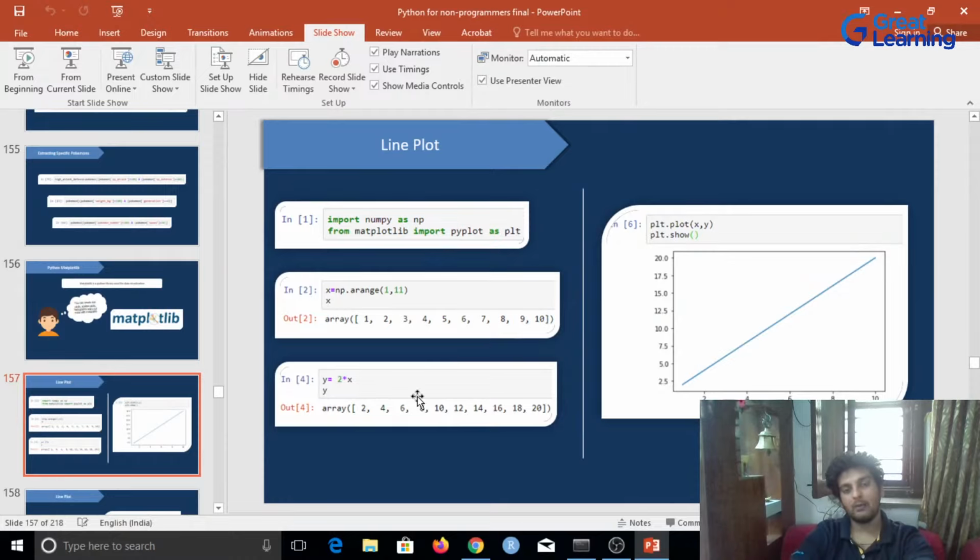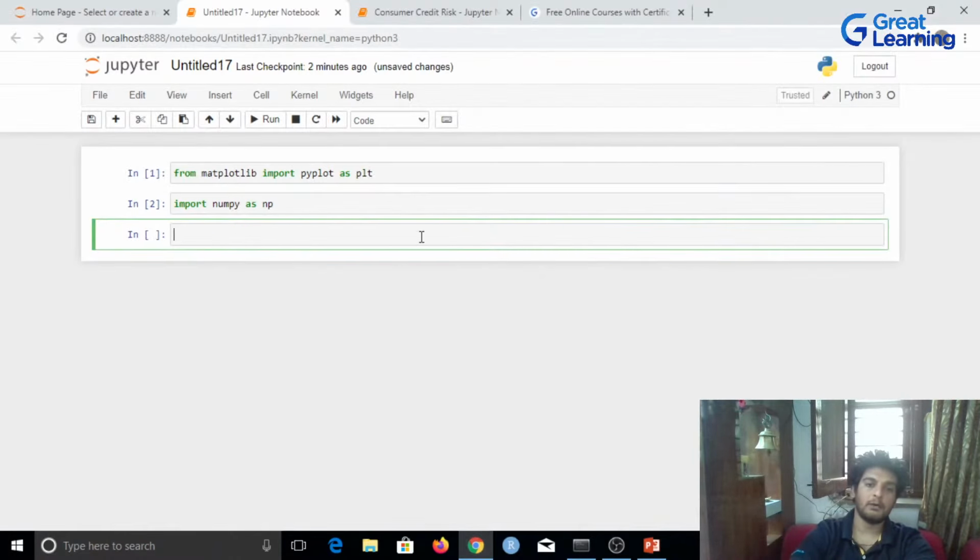After that, I would need to map something on the y-axis as well. And since I would have to map something on the y-axis, I have y is equal to 2 times x. And here, as you see, all of the values are double the values of x. And I just go ahead and make a line plot between these two. So here I have plt.plot(x, y), plt.show(). Here this is what I have on the x-axis, this is what I have on the y-axis, and we have been able to make this plot.